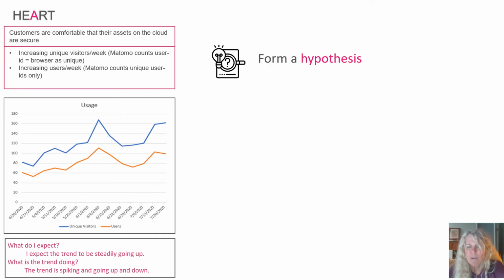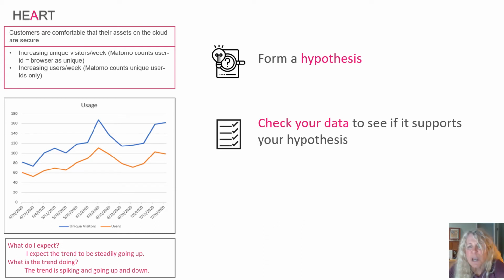First of all, you want to form a hypothesis. What do I think is driving my metric the way it's actually trending? And we just went through a number of possible hypotheses a minute ago. So maybe it's a new notification that I sent out. So once you form your hypothesis, what? You check your data and see if your data supports it. So if we see that we had no notifications go out and that correlates with the spike in usage, then it's probably pretty good evidence that that's a good hypothesis.